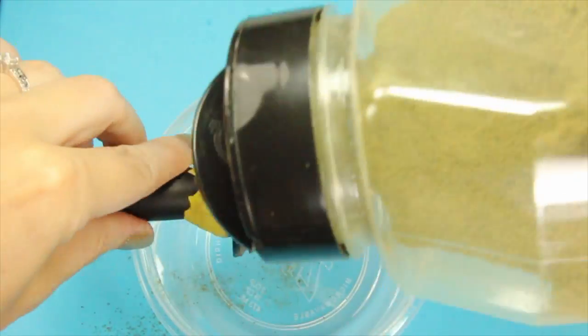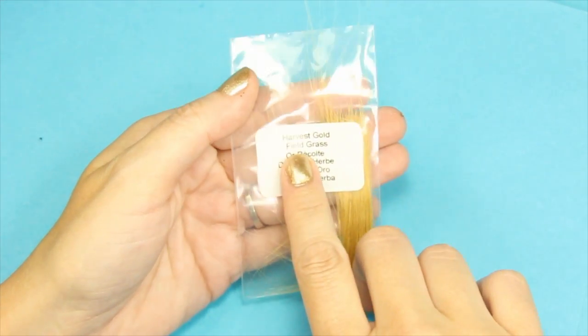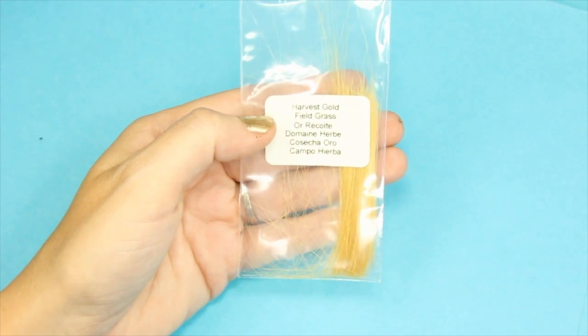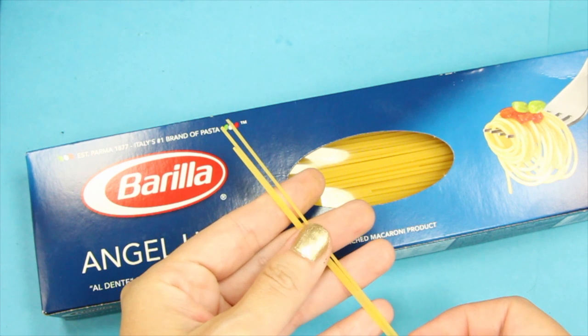I decided I wanted to make some cattails for my base, so I got some Harvest Gold field grass that I ordered online. As an alternative, you can use actually angel hair pasta, or here's another hot tip: if you have a close friend that you know very well, you can ask them if you can take a lock of